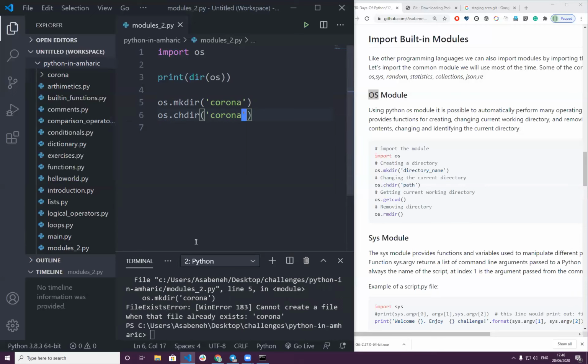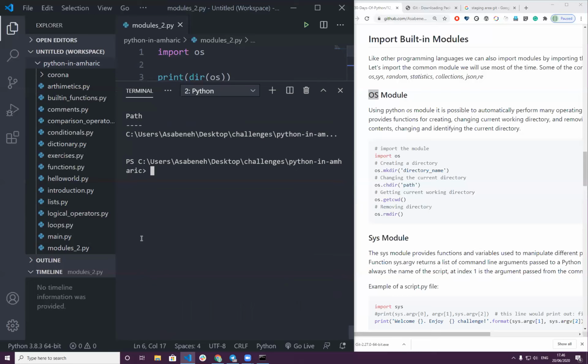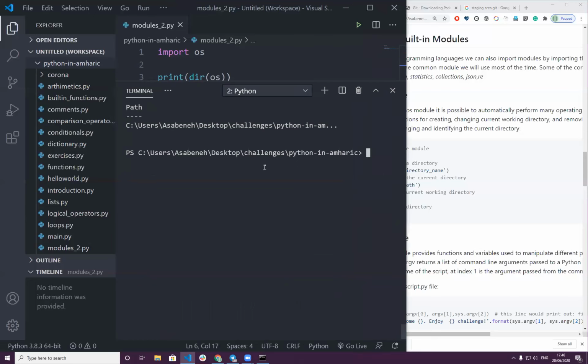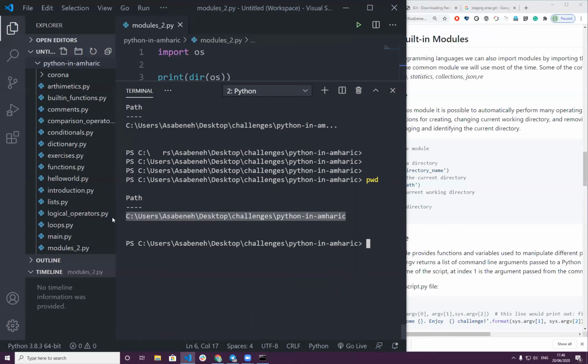Okay, let's see, pwd. Pwd just to check the path. What path do I get? Oh, so it's giving me actually this.